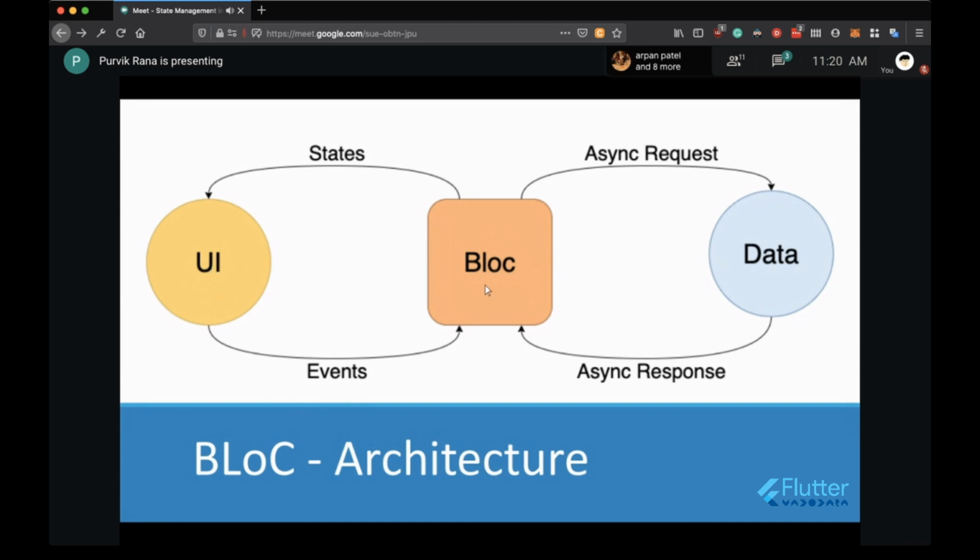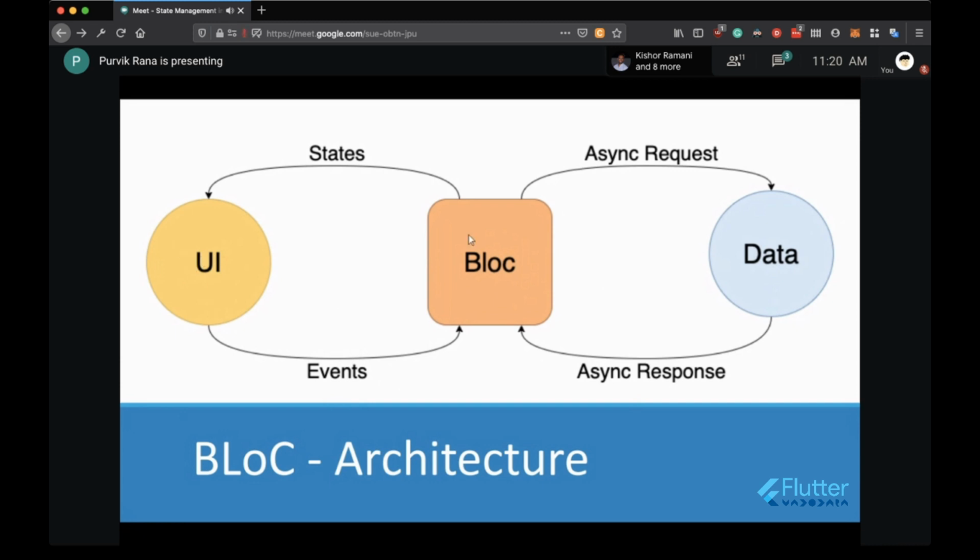Now the block will send a request to the backend server, and it will get a response with some kind of data. Now what the block does is take the events and the data from the API, and by processing that data, it has to represent some UI, or change the UI that the user already has on that screen.